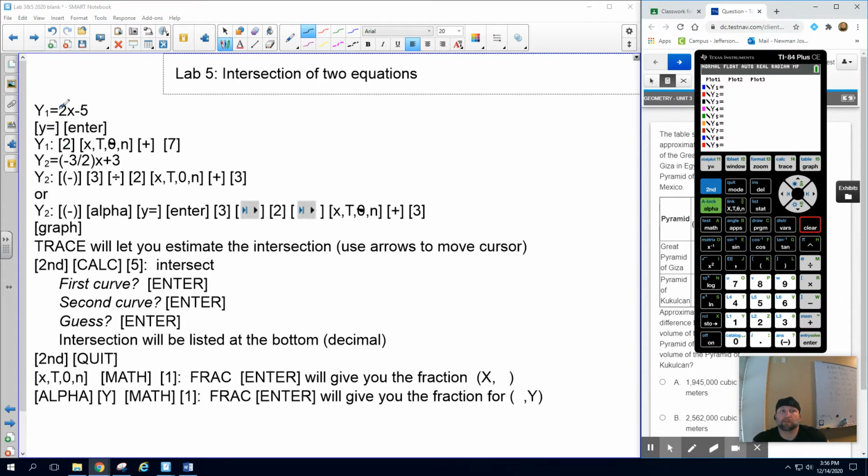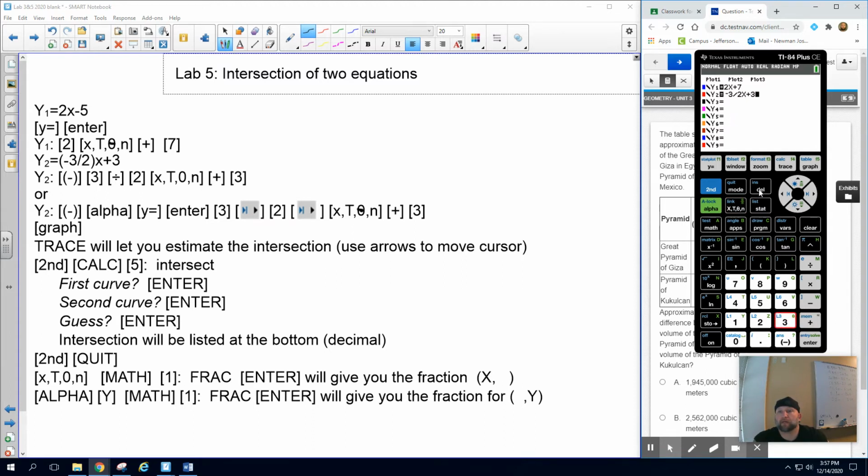And so y1 is going to be 2, and then the variable button plus 7, and scroll down so we can do a second equation. Now you can do this one of 2 ways. You can either do -3 divided by 2, then the variable button plus 3,